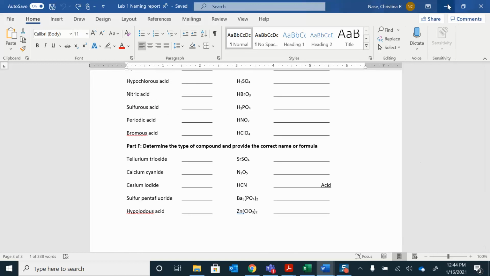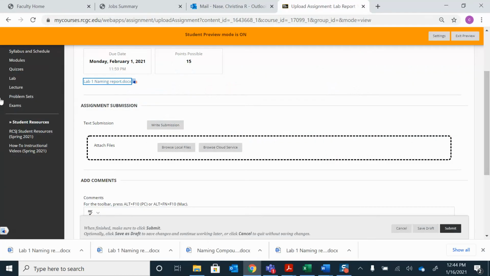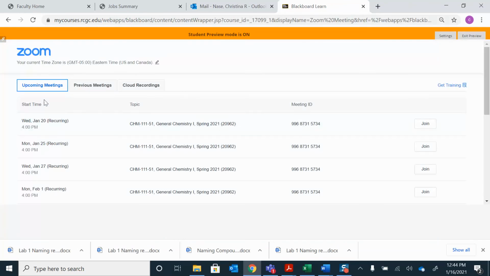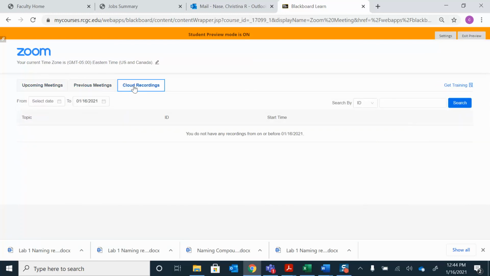To find that live online meeting, go over to our Zoom meeting link, upcoming meetings. You can just join whatever upcoming meeting we have there. If you can't make it to that meeting but you want to see what we covered, the recordings will automatically post. I just have to click on change the topic. You'll be able to find the cloud recording. So always check those, because you never know what questions we'll be answering during our lab. So email me if you have any questions, and